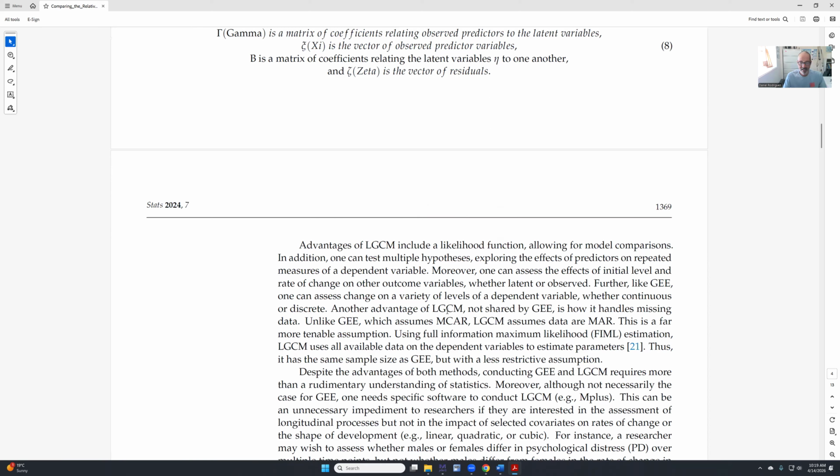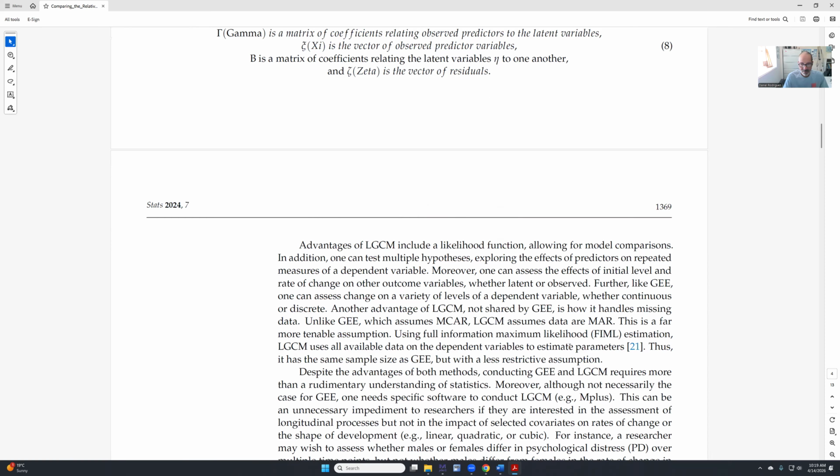So missingness can be related to some covariates. There may be sex differences in missing data, or an earlier instance of the repeated measure could influence missing data on later instances. It uses full information maximum likelihood estimation, FIML. Basically, LGCM uses all available data on the dependent variable to estimate the parameters. That's really cool. You'll have a larger sample size than you would with some other methods,